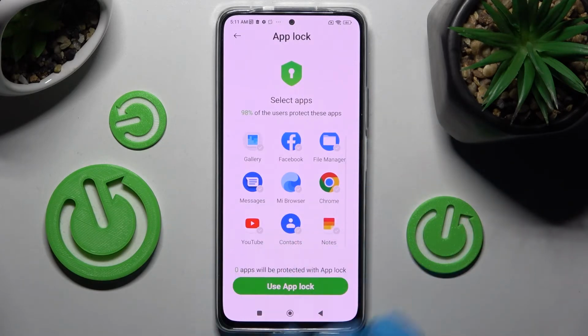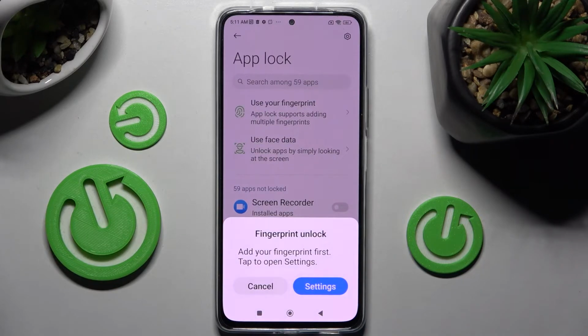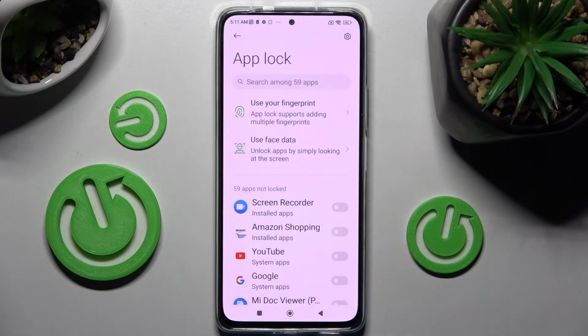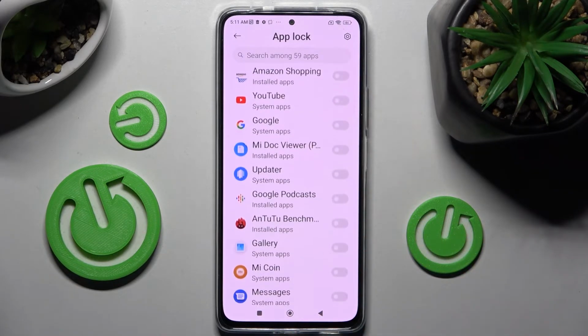Make sure that 0 is over here and tap on use app lock. Then tap on settings over here if you wish to add your fingerprint as well to unlock your apps. I don't want to, so I will go with cancel, and now finally you can tap on the switch next